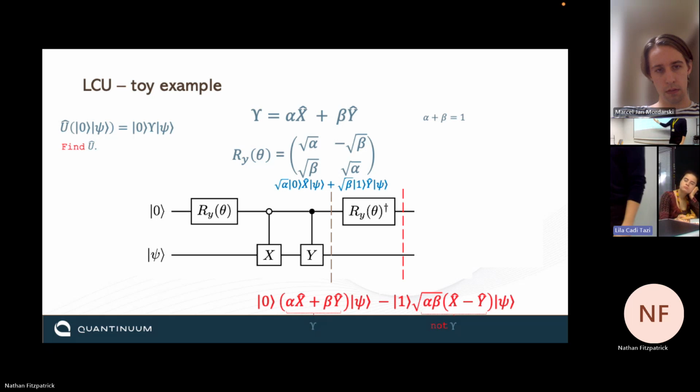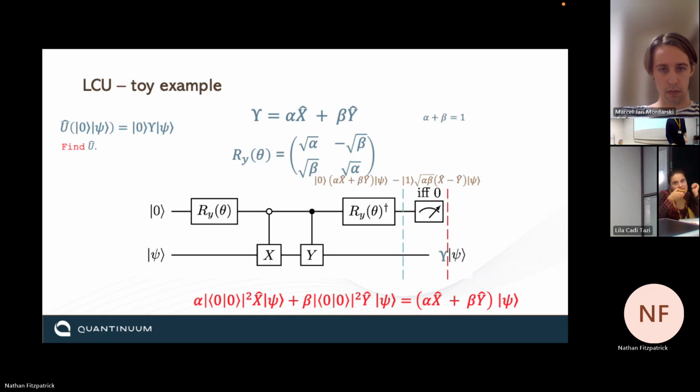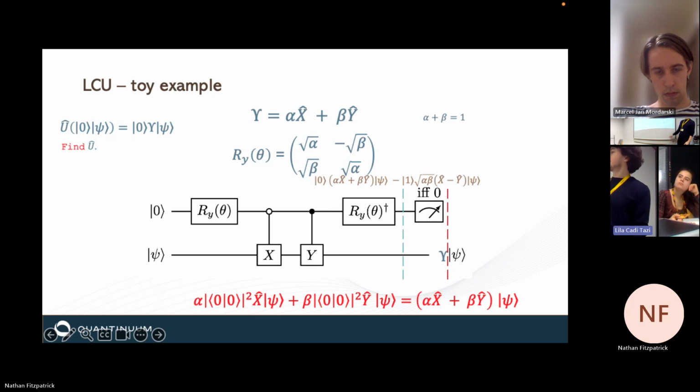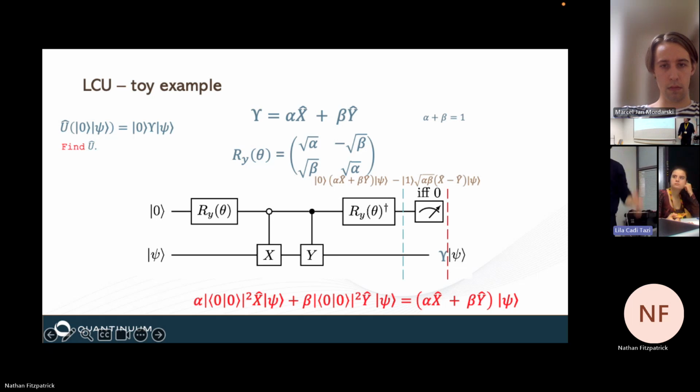Now, we need to then rotate. To be able to get this information out of the circuit, we have to rotate back into the 0 state. So you can see this is before and this is after. So you get this other term here. Let me rotate back. And then measurement, basically, by orthogonality, you can just remove the overlaps, and you get this nice application of the